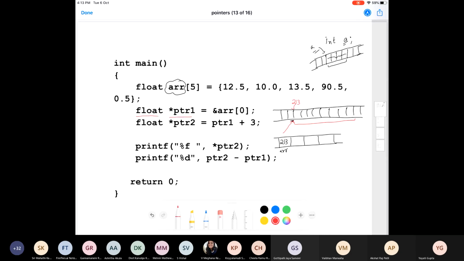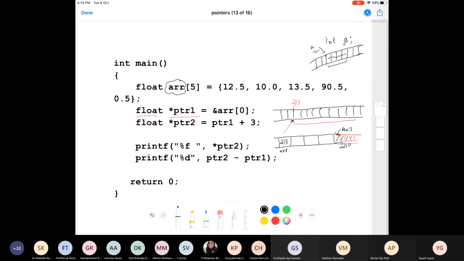We create one more pointer ptr1, which is again somewhere else in the memory, right? A pointer can have 4 bytes or 8 bytes depending on your system. So somewhere here is your ptr1, which is a pointer holding 4 bytes of memory. And what is the value in ptr1? It is nothing but the address of the 0th element of the array, which is 213.